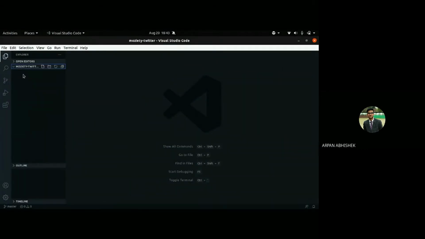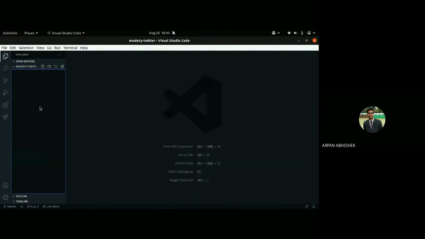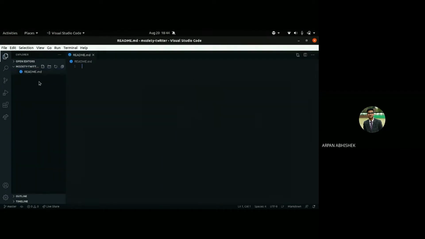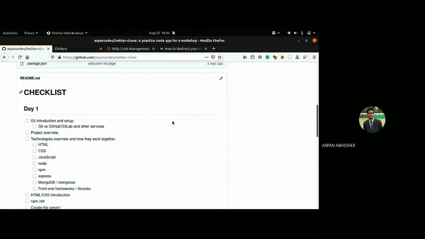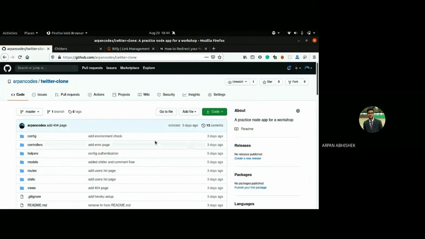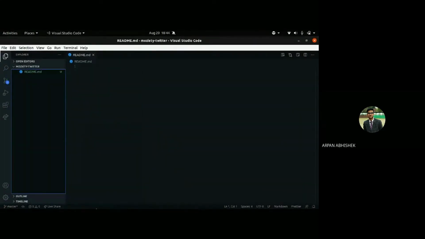Actually, .git is a hidden folder. That's why it won't show it here. I hope that's the thing. But yeah, I'll be using VS Code for this project. And yeah, I can create a README to track everything in readme.md. It's not a necessary file, but it's good to have it, I guess. It shows something here below your project. So yeah, I just copy the content of this README.